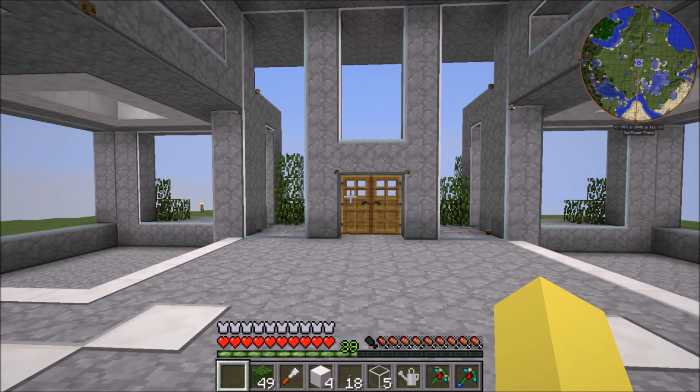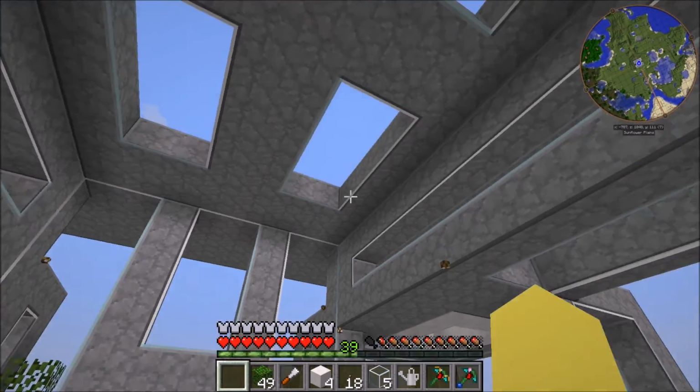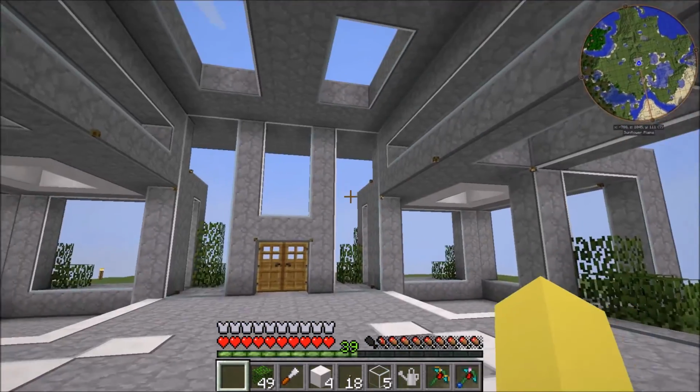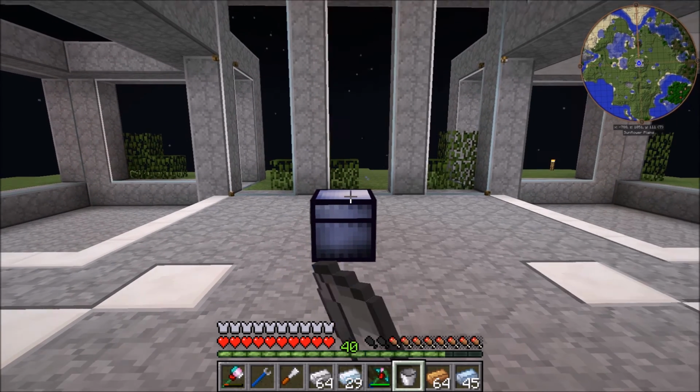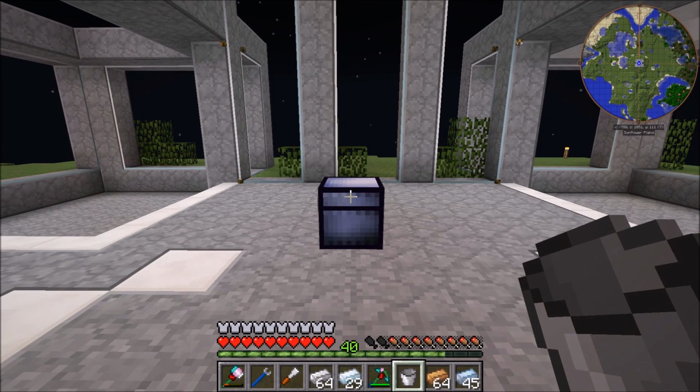So I will do that, and we can jump back and start filling in the house, and it'll finally be our house. Yes! Okay guys, so I packed up our base, and this is it right here. This reinforced strongbox is holding basically everything of value on our old base except for the Tinker's construct, which I